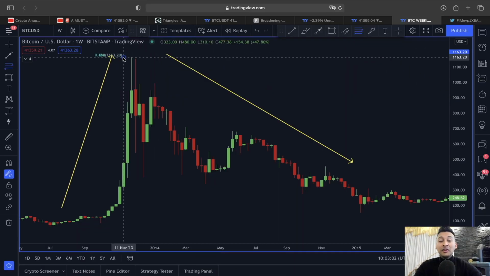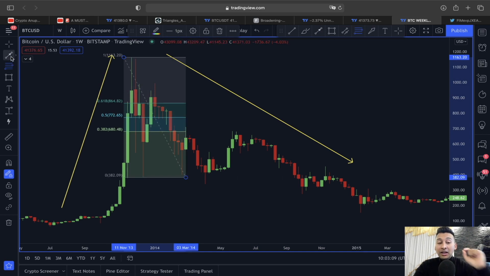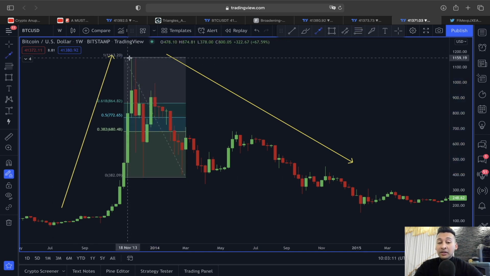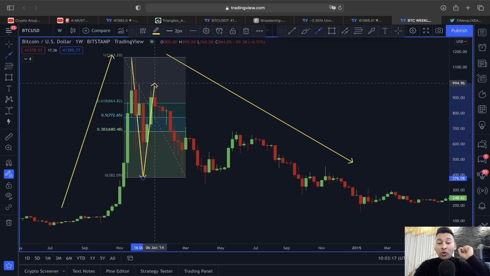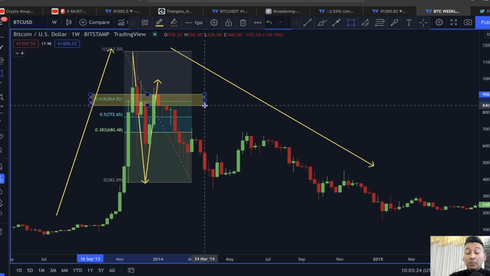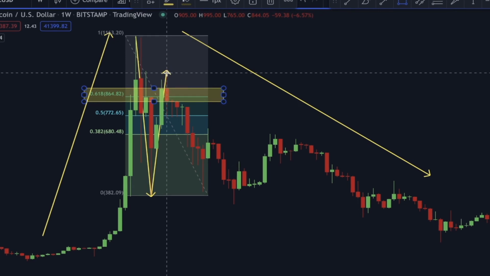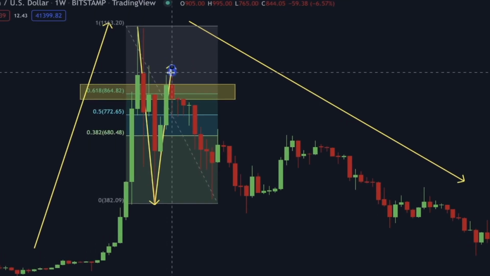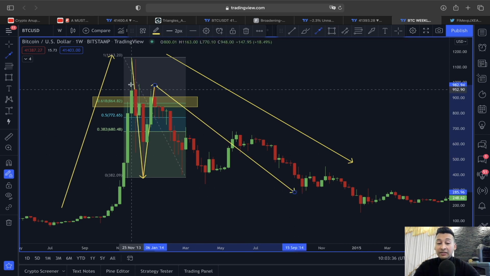When you use this Fibonacci from the swing high till the swing low area in the actual trend reversal since 2013, whenever we have seen this massive price pullback, we have also witnessed a massive relief rally that came all the way towards this 0.618 Fibonacci line, but was not able to find a proper support above that. You can see it got a rejection, and after that we started this actual downtrend,